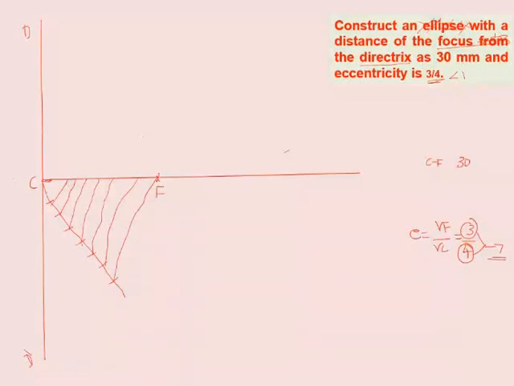From F, you need to identify the third point: 1, 2, 3, third point. So this is your V. Here you will have 3 parts, here you will have 4 parts. So we identified V and F points. Is that clear? Any doubts till this?